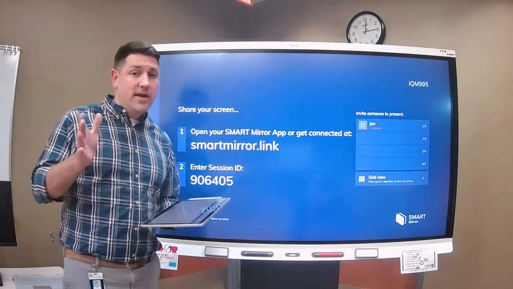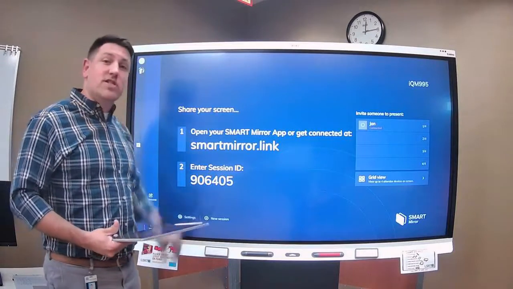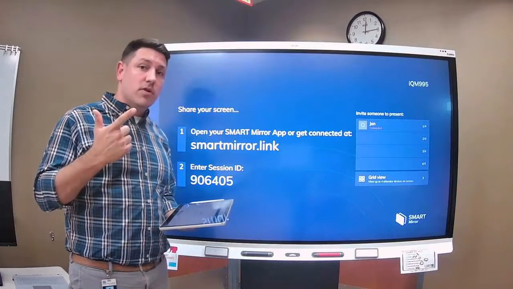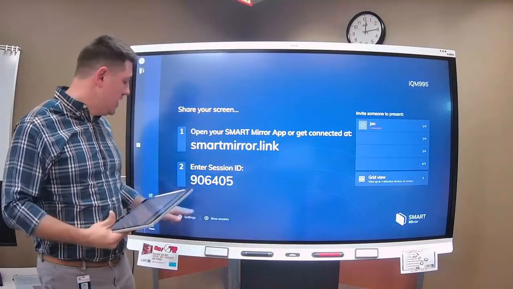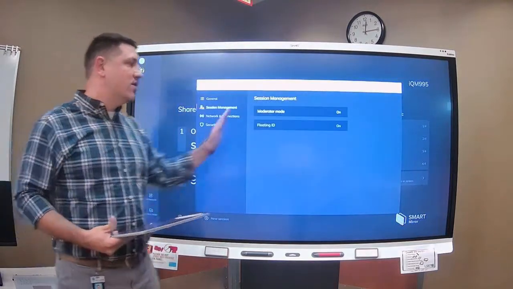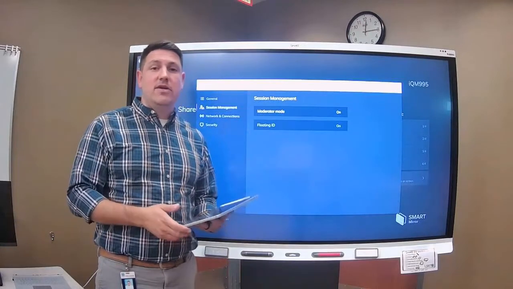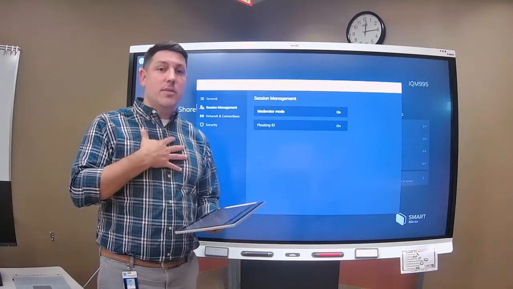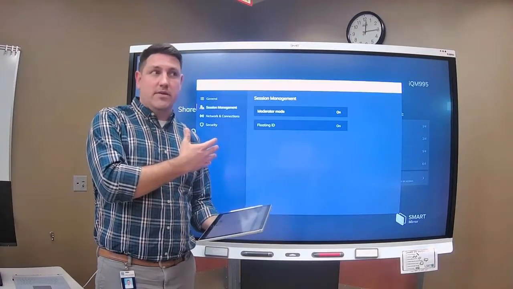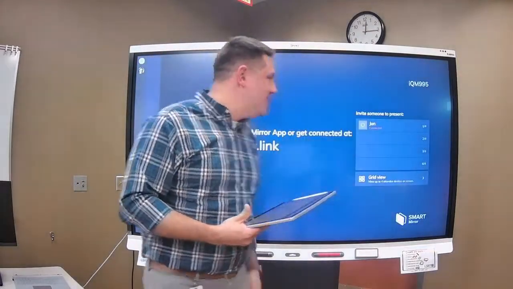And I do want to go back home right now because I forgot to mention one very important thing, and that is when you first launch Smart Mirror on any panel, whether it be from the public profile or from your personal profile signed in, you'll want to go to the Smart Mirror settings and choose Session Management to turn on a feature called Moderator Mode. I already have Moderator Mode set on this panel, and what that allows is for me, the teacher, to approve anybody that wants to present to this panel. Now that you have that turned on, go ahead and exit out of your settings,